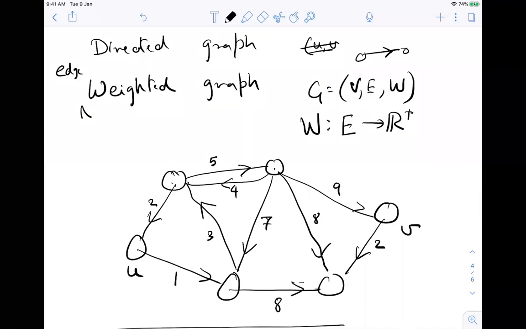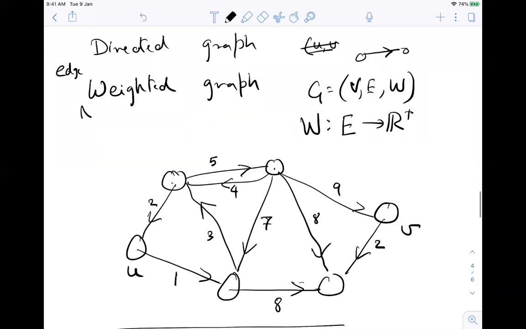Why do you study graphs? Graphs are basically a very compact representation of relations between two elements, pairwise relations.